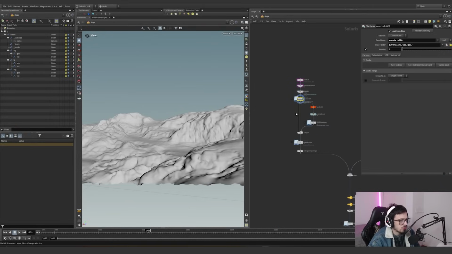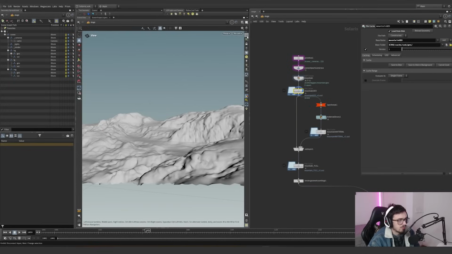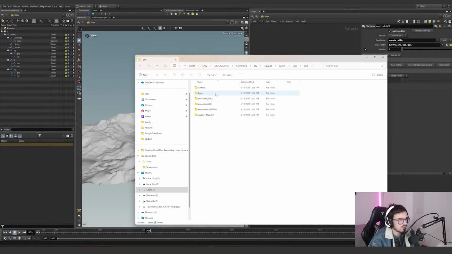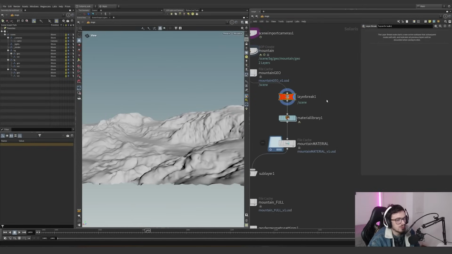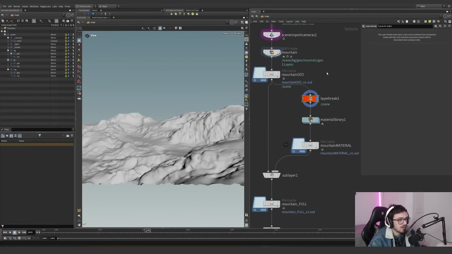Okay, so this is quite complex if you don't know anything about Solaris, but what's going on here is the following. I saved this as a USD. You can see this is the mountain geometry, and the version 1 is the whole geometry. Then in layer break, what does it mean? It basically means that I am going to